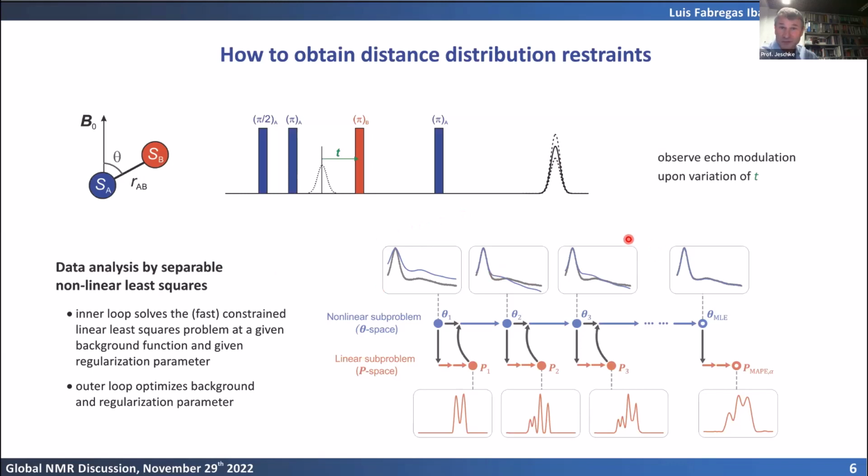And this is basically a picture made by Luis Fabregas Ibanez, who made the newest software for this. The best way of doing this is separable nonlinear least squares. You have the distribution, you also have the background. So you have two spin labels in one protein, but you have the next protein molecule somewhere in the solution, the next to the next, the next to the next, and they make a background contribution, which is, to first approximation, exponential decay. So you have to fit this exponential decay, you have to fit the distance distribution, and you